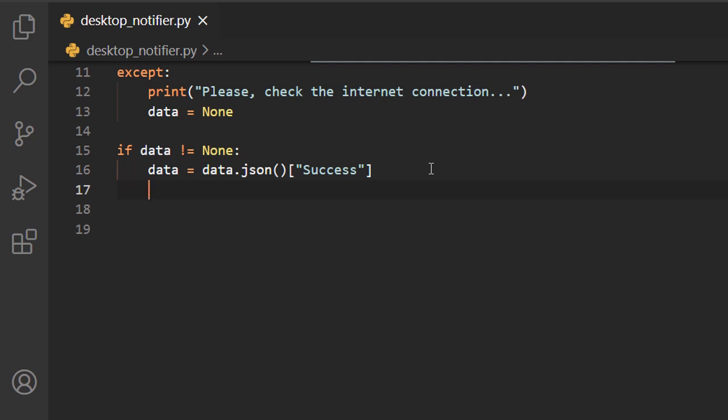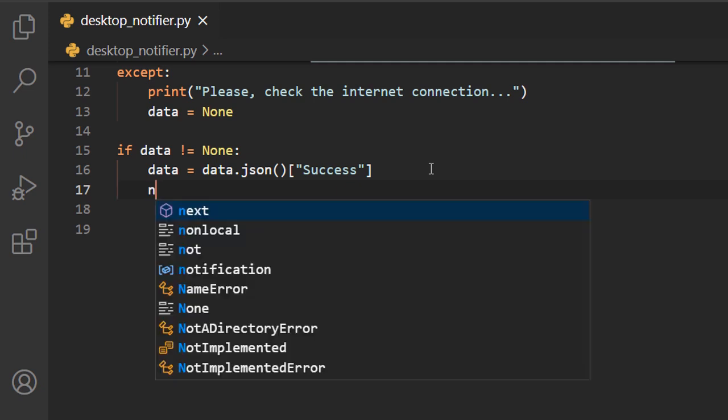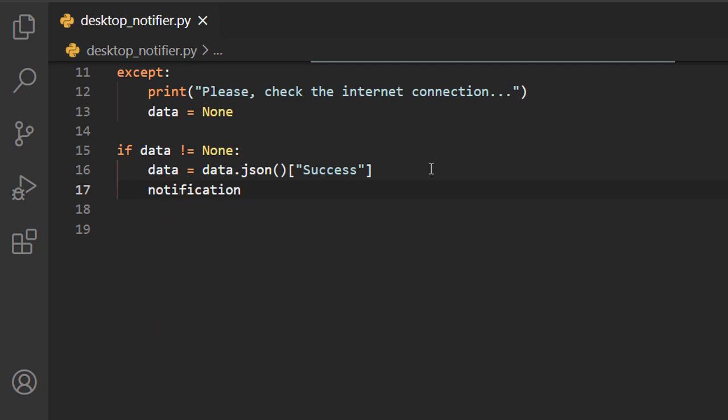From this statement we are making the data ready to be applied in the message of the notification. After making the data ready, now we are going to create the notification. To create the notification, just call the class and then the method in that, which is notify. So calling notification.notify, we have these arguments.